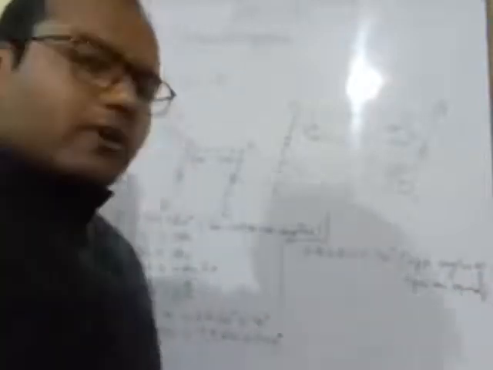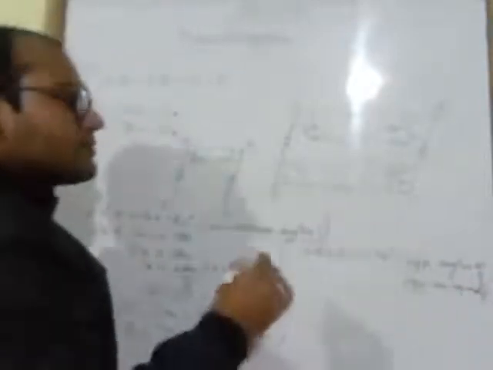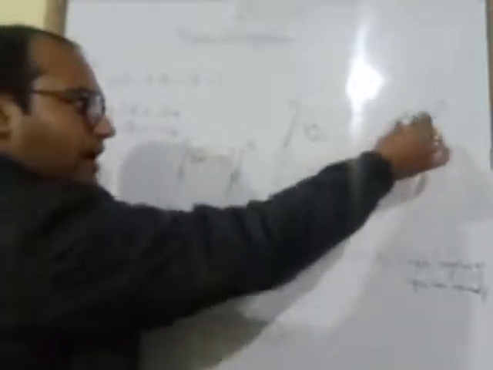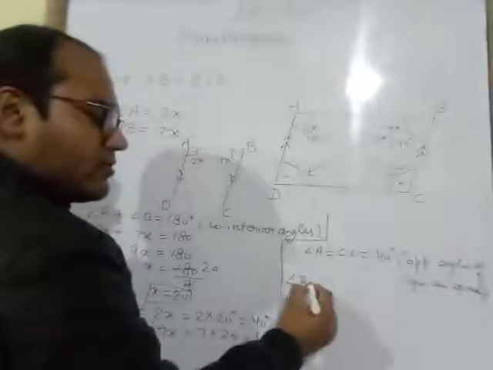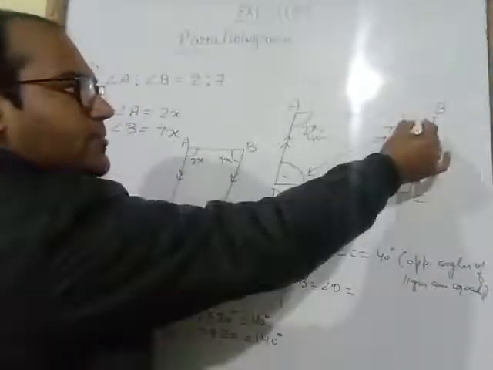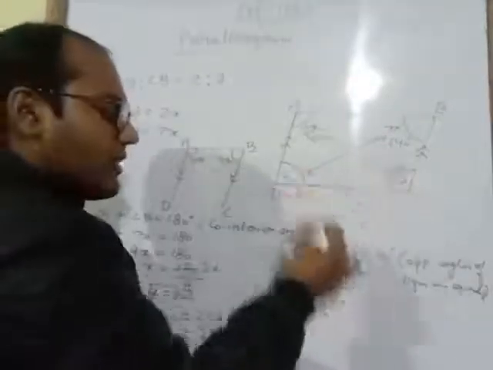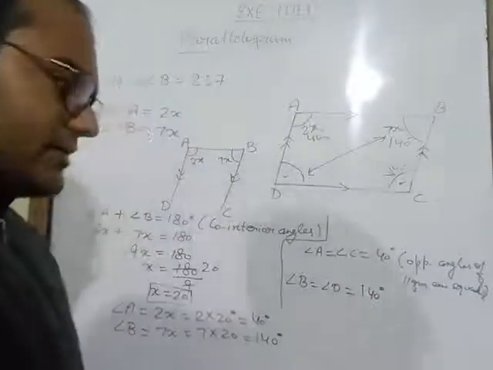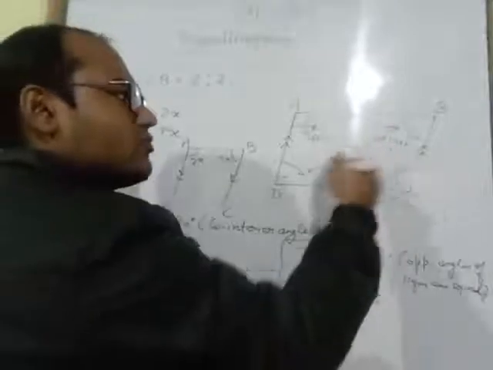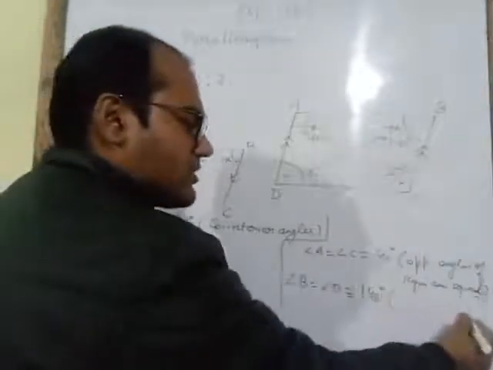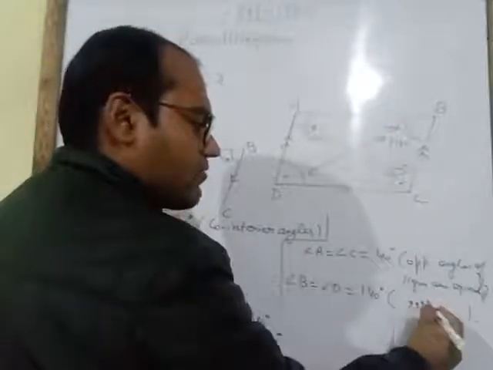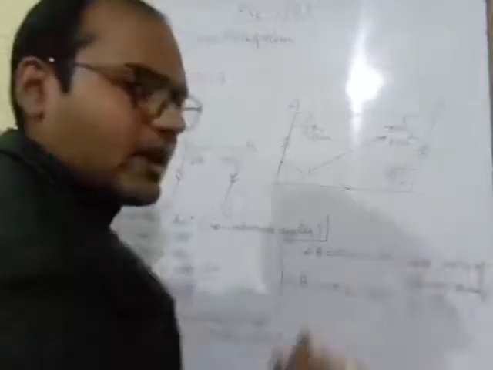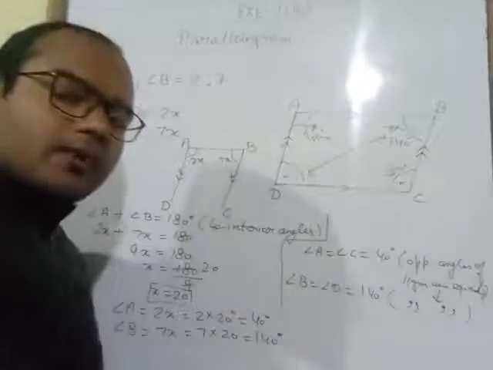So this property we have to use here. Now similarly we will take these two angles also. Angle B and angle D are equal to each other and angle B value is 140. So D value will also be 140 degrees. And the reason, the same reason we have to write: these two are opposite angles of a parallelogram. So this same property we have to write here, which we had written in this line. So like this you have to do question number 8.